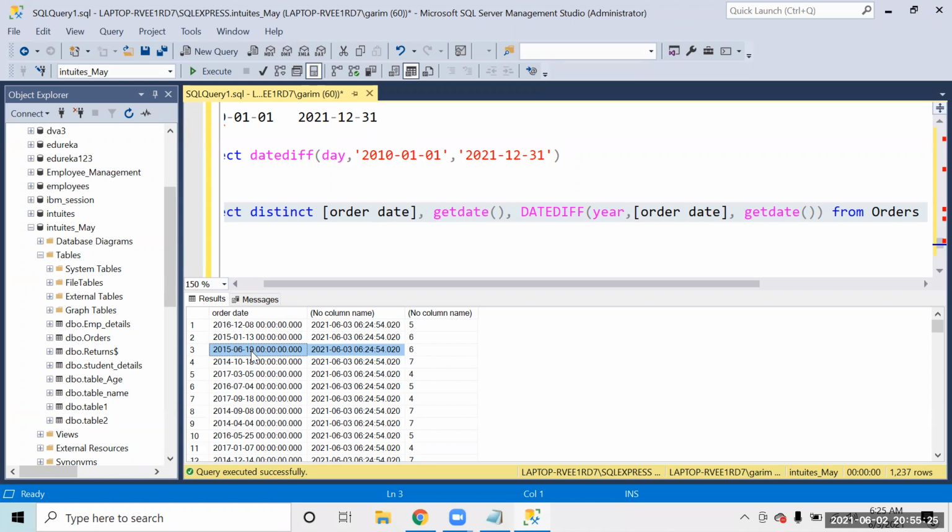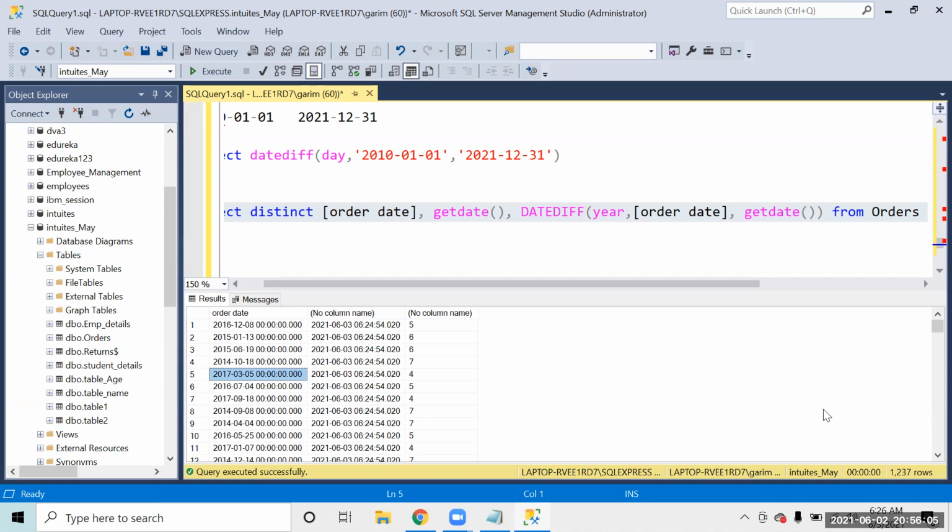But has he turned 6 years? He is yet to turn 6, after 15 days. Right now he is 5 only. But his age is coming as 6. Same way, if you come to another person, he was born in 2014 in the month of October. His age is coming as 7. But after 4 or 5 months, he is going to be 7, right? So his age is actually not completely correct. His age should have been 6, not 7.